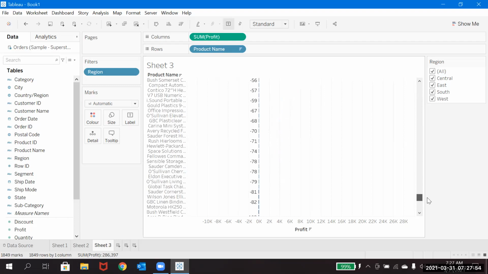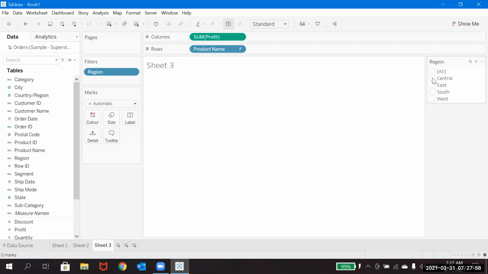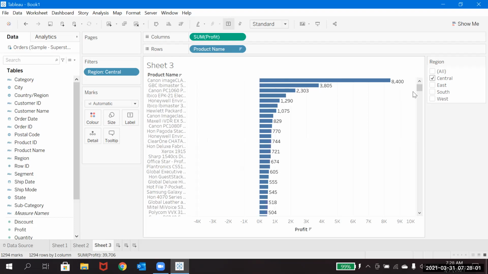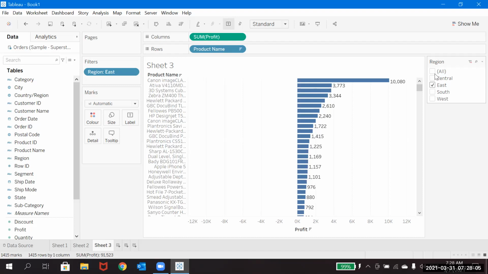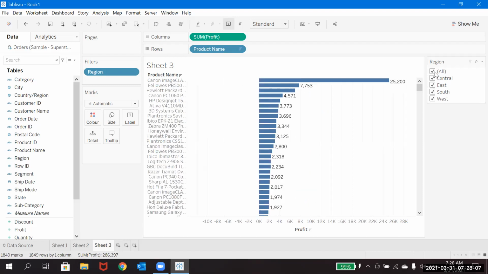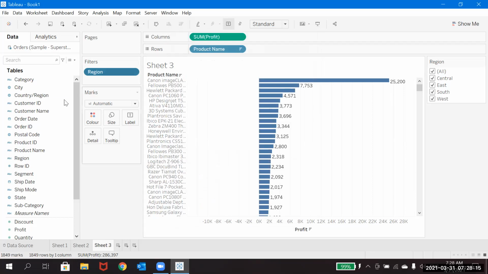And with respect to the region, we had kept it in the filter. Maybe you can select whatever region you would like to see. By filter also you can do. And also you can differentiate them with color.